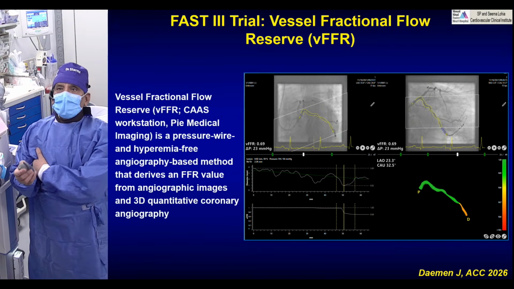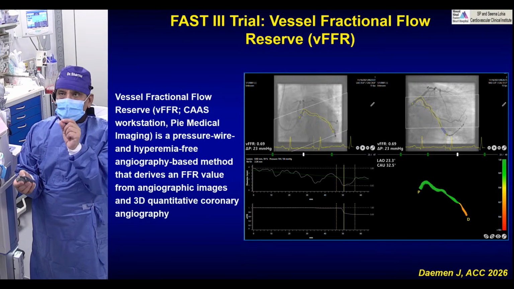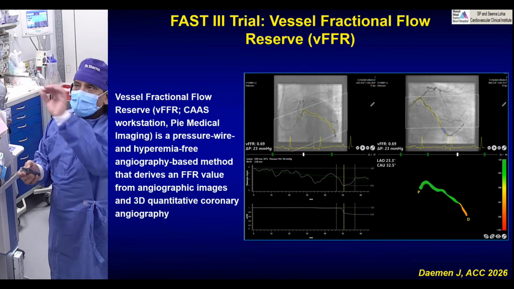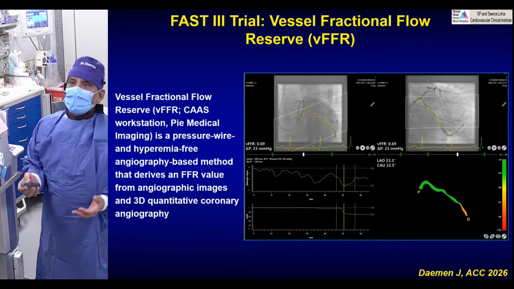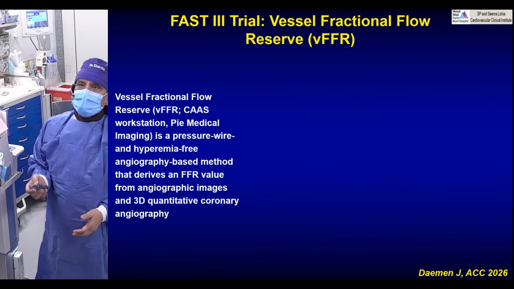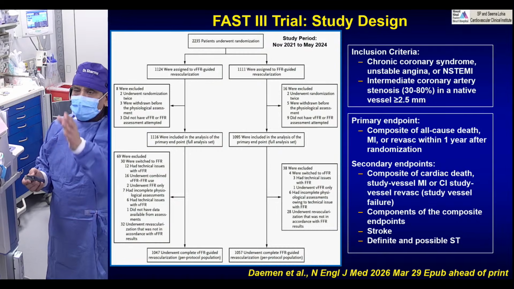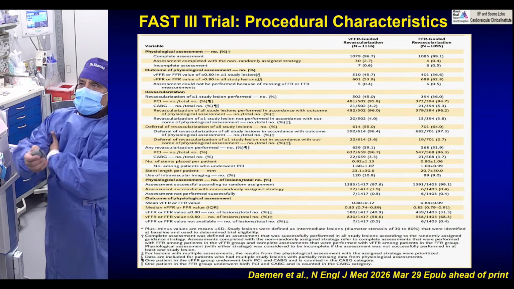So rather than doing the invasive, what about you can do vessel fractional flow reserve, that proprietary technique, where just by the angiogram you can come up with FFR, just like CT FFR. And the whole question was, if you compare between two strategies, that is the angio FFR versus our regular FFR guided revascularization,